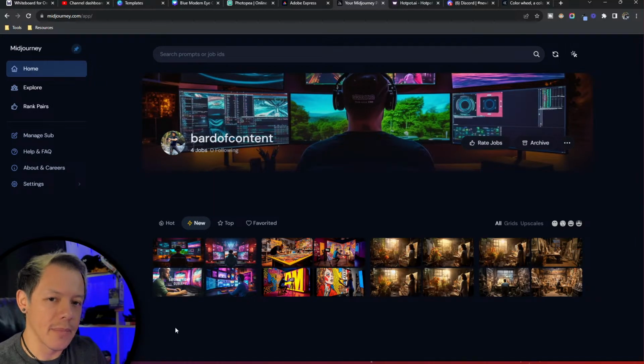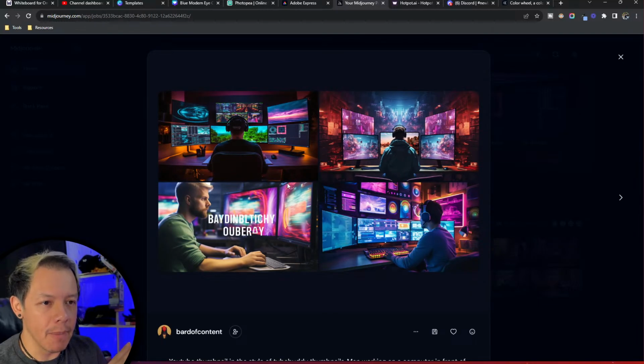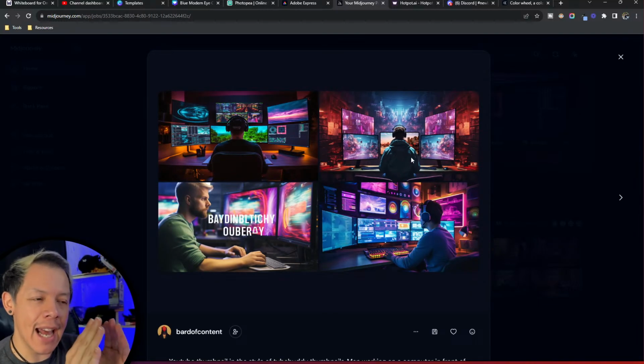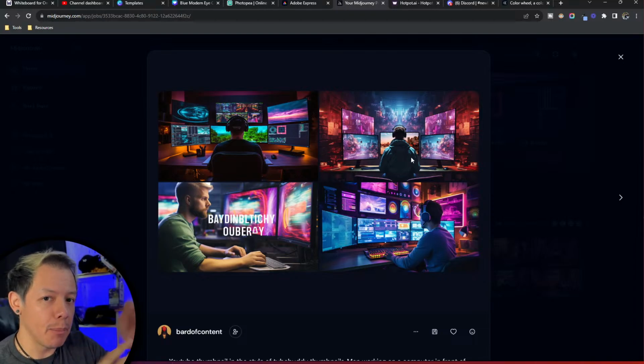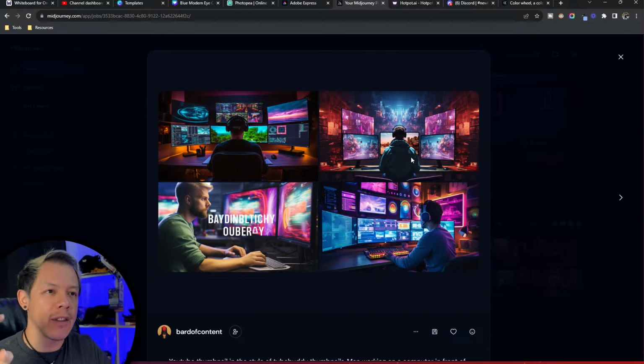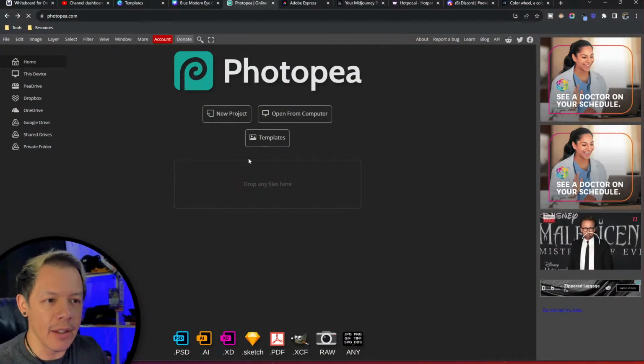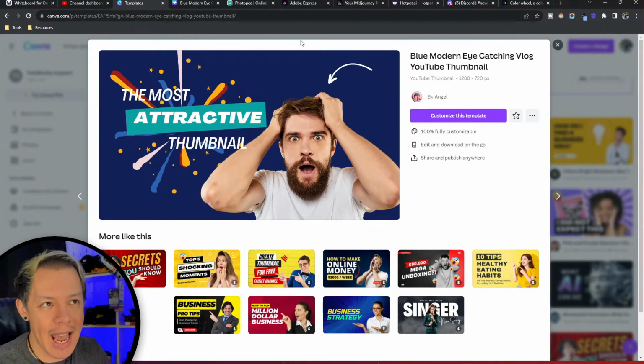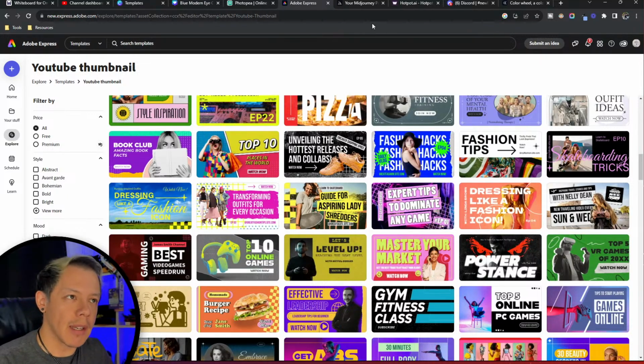Pretty good. Not too shabby. So this is a great place to create high quality imagery, and you can craft one element at a time. You can just have a computer, a desk, put all these elements separately, and then throw them into Photopea and start working on it, or throw them into Canva, or throw them into Adobe Express,